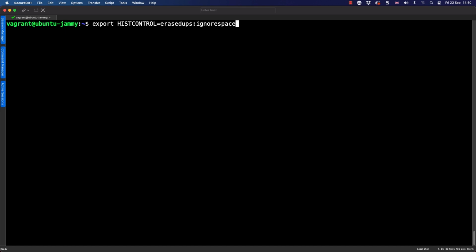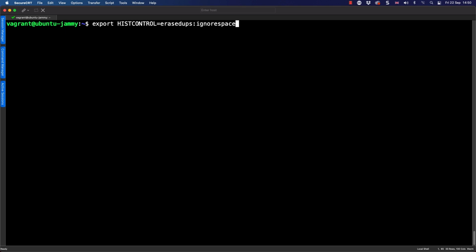So any command that starts with a space is going to be ignored. That was set by default in Ubuntu, not set by default in Red Hat based distributions. The erase dupes is making sure that we don't just ignore duplicate commands, we check our history and remove duplicates